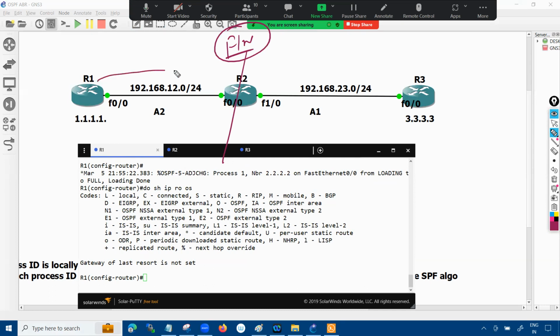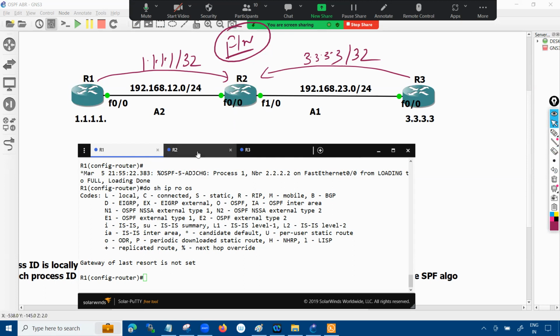So the route is coming in the 1.0.0 over here. Router 3 is also sending the route to this one, right? But router number 2 is not sharing the information from one area to another area. The reason is that we don't have an area 0. If you don't have an area 0, you cannot achieve inter-area communication. So if you want to achieve inter-area communication in this topology, what you can do is just create the